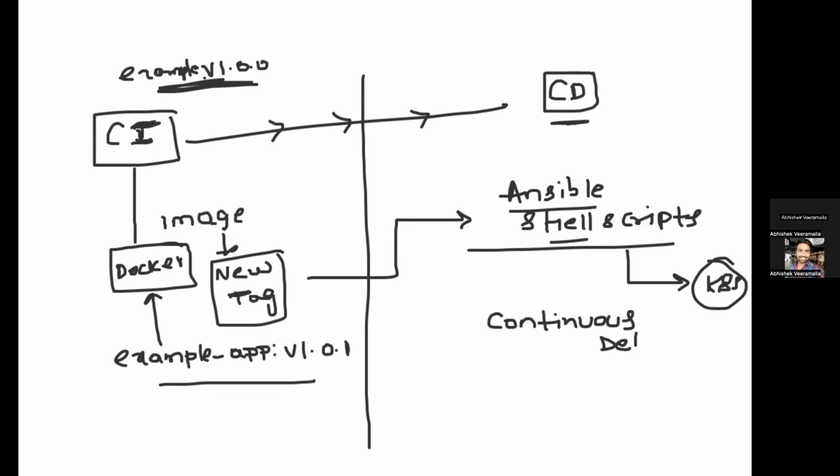And the best continuous delivery tools in the market right now are the GitOps based tools. Why am I saying that the GitOps based tools are the best tools in the market for continuous delivery? Because what GitOps practices is similar to your source code. You should also create a Git repository. Similar to your source code, you should create a Git repository, and this Git repository will have your application